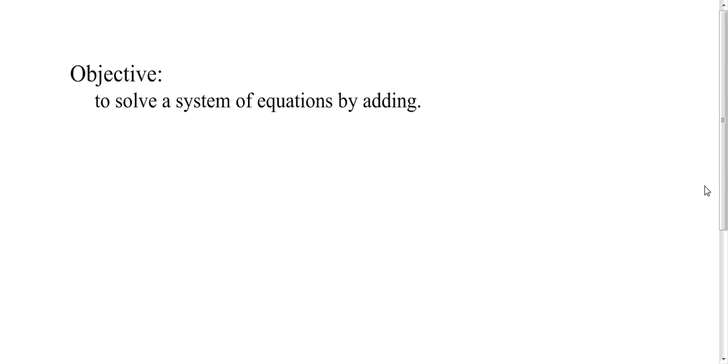So today, if you could take out a sheet of paper, today's objective is to solve systems of equations by adding. I'll go through 3 examples. You will have a little bit of book work to do, and then you will turn that in and leave with a smile on your face since there's nothing later to do for Mr. Hayes. Mike, sit down. All right,